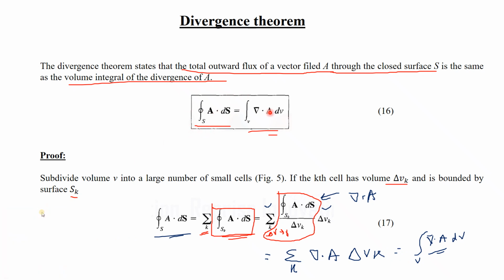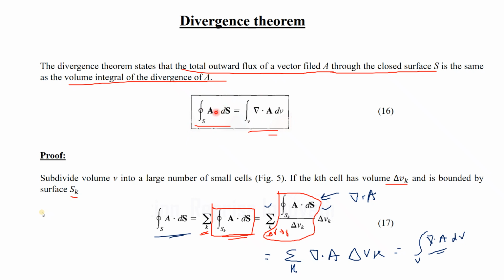So it shows that the total closed surface integral of any vector can be represented by the volume integral of the divergence of that vector. Because the closed surface integral, if you divide it into small parts, you can represent it this way, and the numerator and denominator are multiplied with the small volume delta Vk, and if the volume tends to 0, then this entire thing becomes the divergence of the vector. Okay, so from here we conclude the divergence theorem.